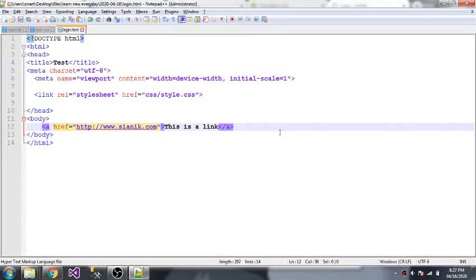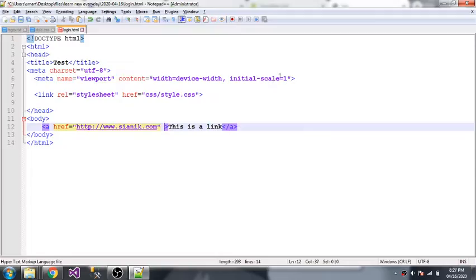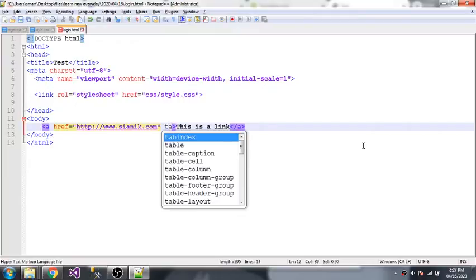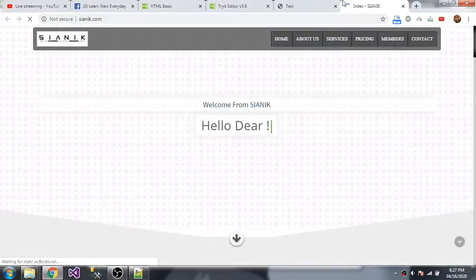Now in the anchor tag you can use target blank, like this. If you do this, this will open a new tab and go to that link. Alright,